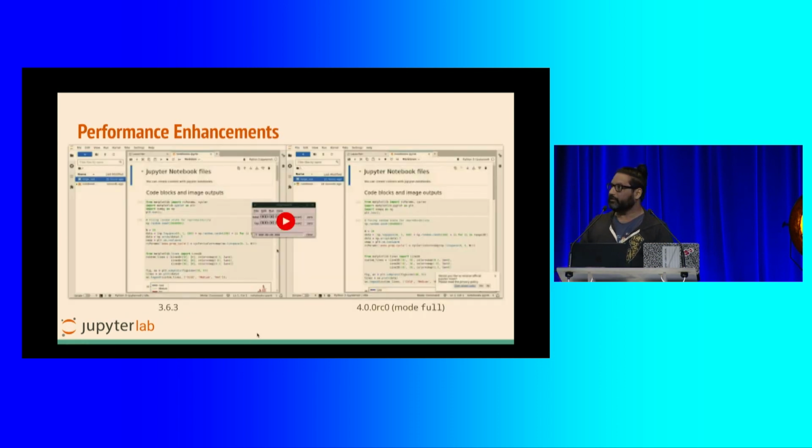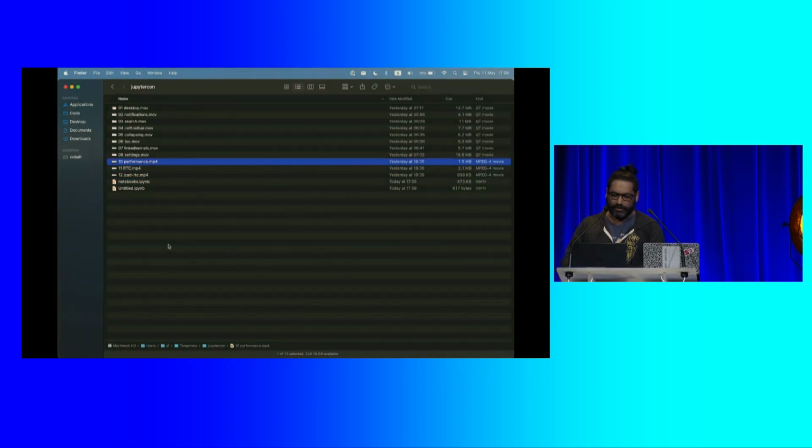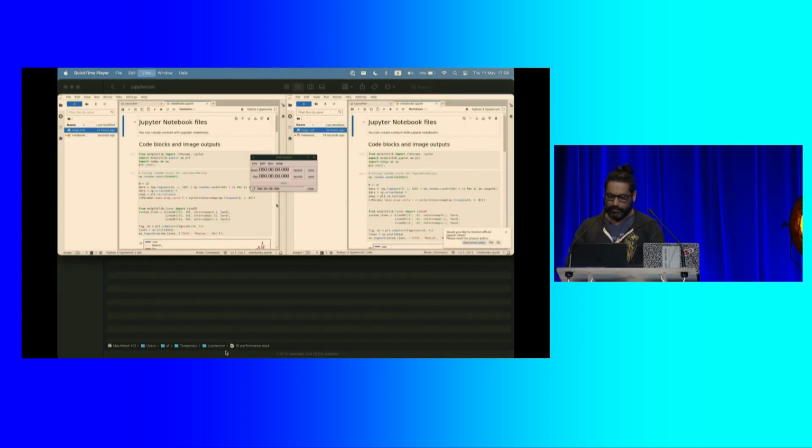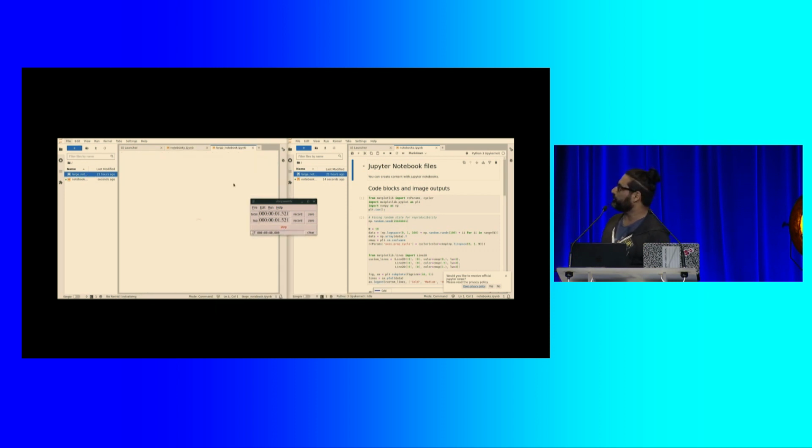This one, though, I do have to show a video, because what you're seeing in this video is actually one of the performance enhancements of JupyterLab 4 versus JupyterLab 3.6. So I think the video speaks for itself, but it's a minute long, so I'll speak as well. But let's take a gander for a second. So this is a very large notebook, and we're loading it in 3.6, which is